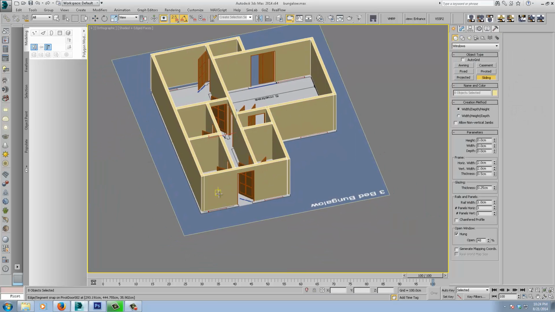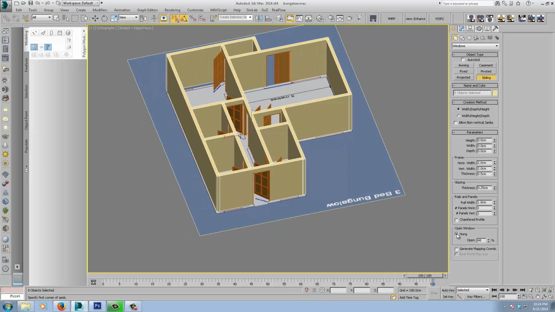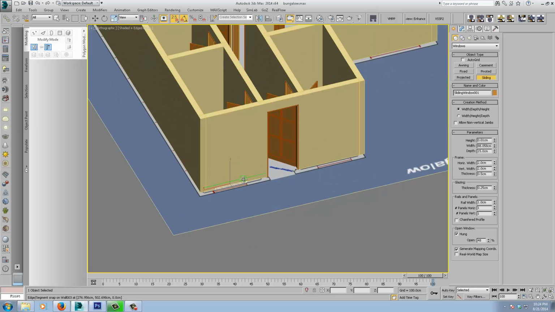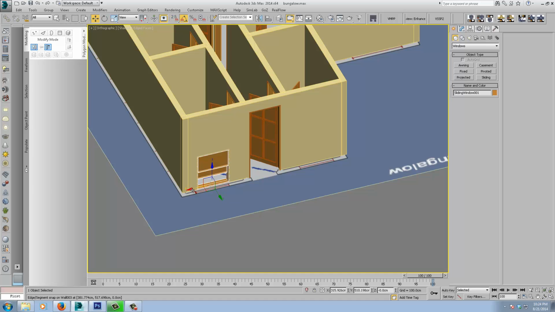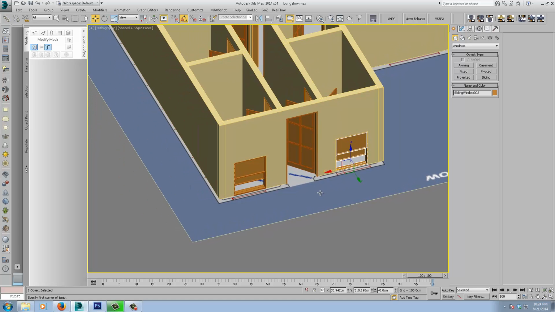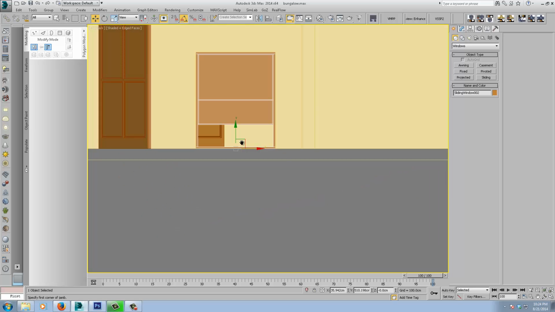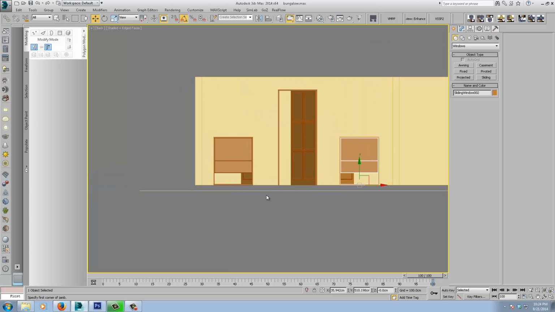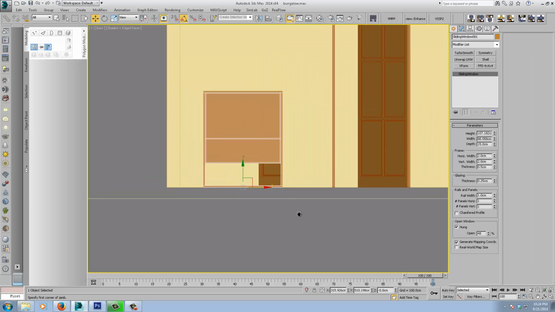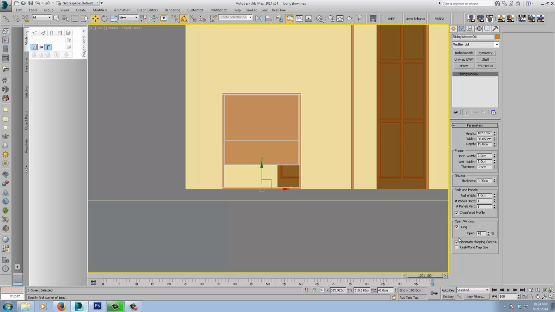Right, for the windows we'll start here again at the front. We'll use vertical sliding windows or double hung sash windows. So generate mapping coordinates, snaps on, same as the doors. And let's see if we can get this to work. Yep, lovely. So let's go to our back view. I'm just going to delete that, and we'll set this up as we want. So chamfer profile, generate mapping coordinates is on, and